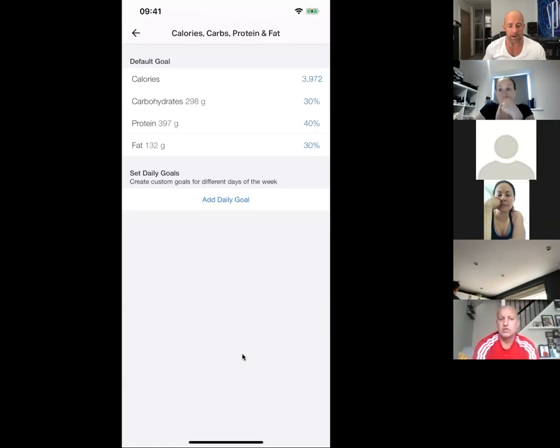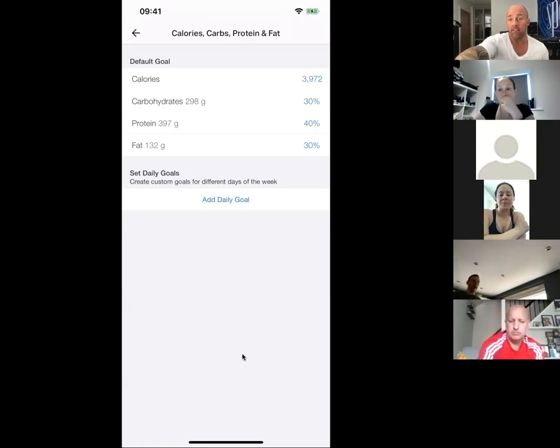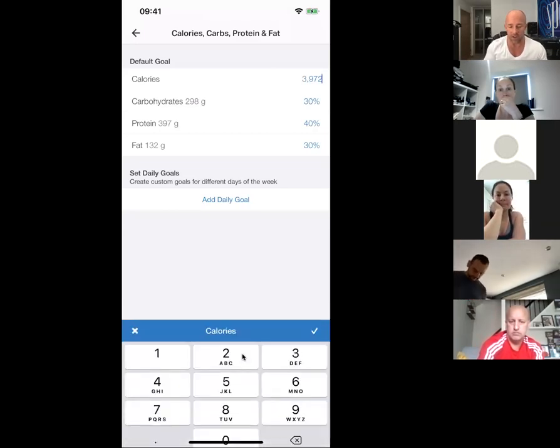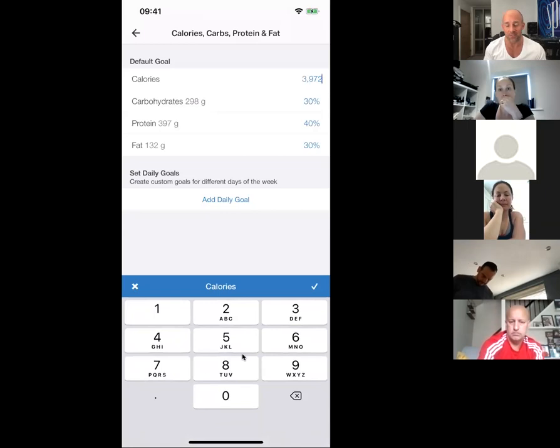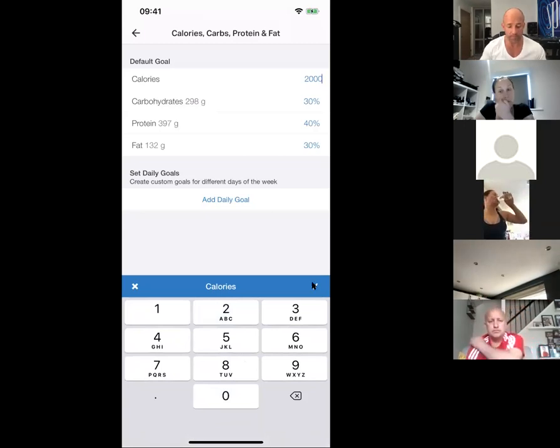MyFitnessPal has auto-calculated the percentages of each based on the calories I'm on. I don't think anyone in this group's on that amount of calories apart from me. So for the purpose of this, I'm going to change it to 2,000, which is a ballpark figure for you guys. Then I press the tick again, which is here,